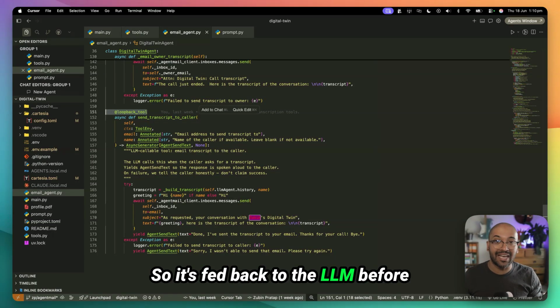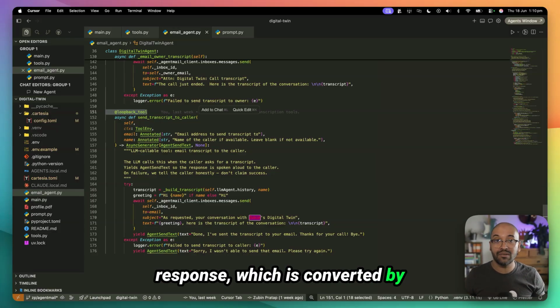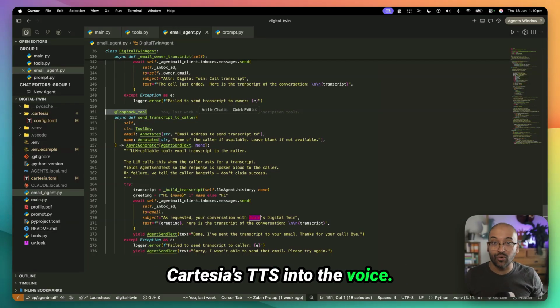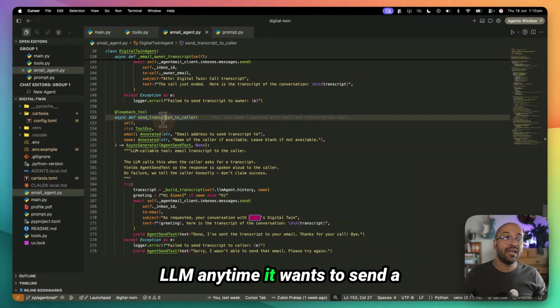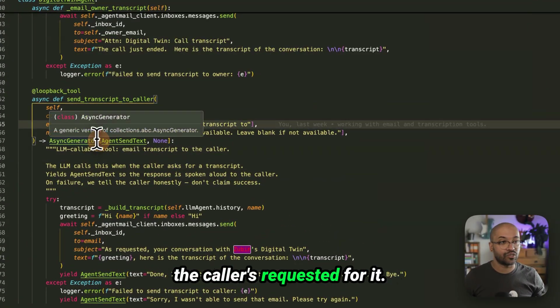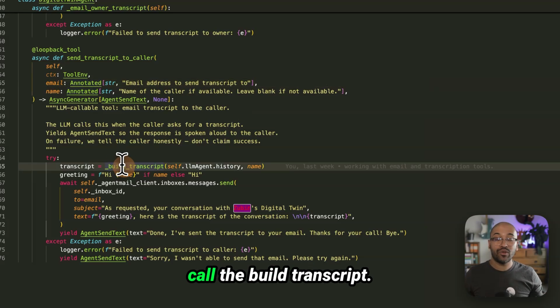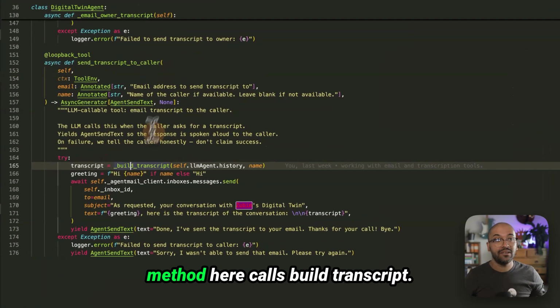So it's fed back to the LLM before the LLM generates the final response, which is converted by Cartesia's TTS into the voice. This tool gets called by the LLM anytime it wants to send a transcript to the caller, because the caller has requested it. And underneath that, we call build transcript. So the send transcript to caller method here